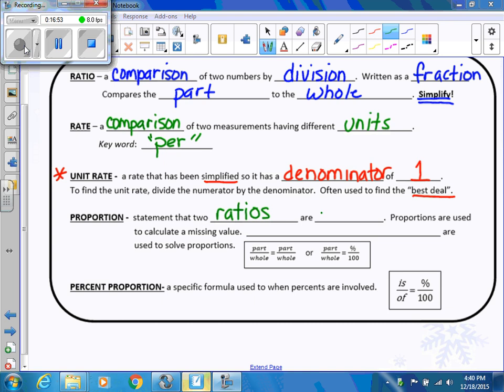That two ratios are equal. Proportions are used to calculate a missing value. So I'll explain. And we use cross products, or cross multiplication,